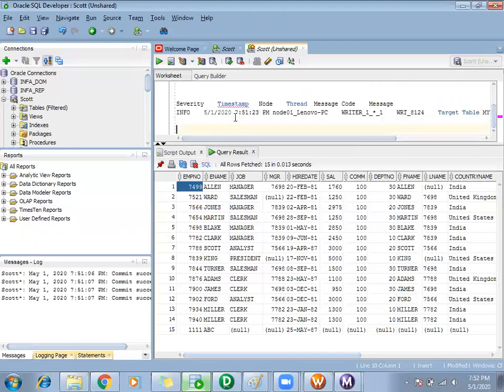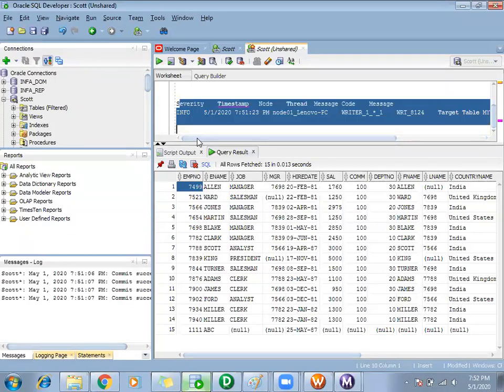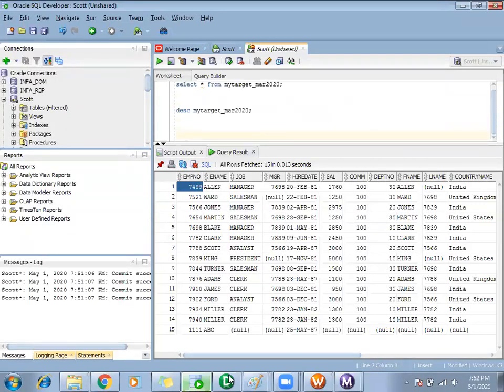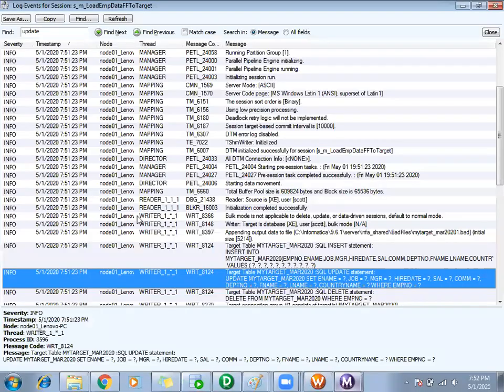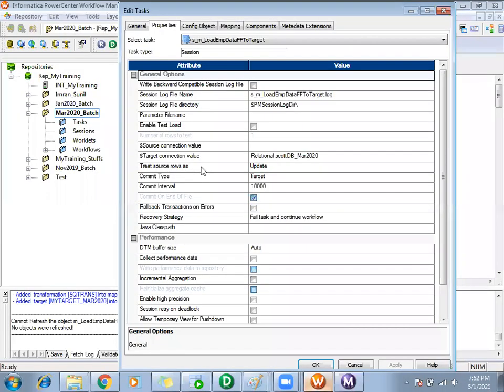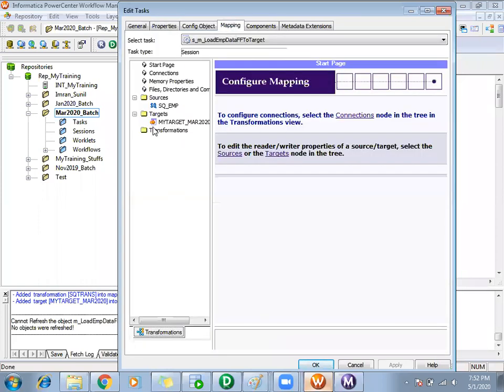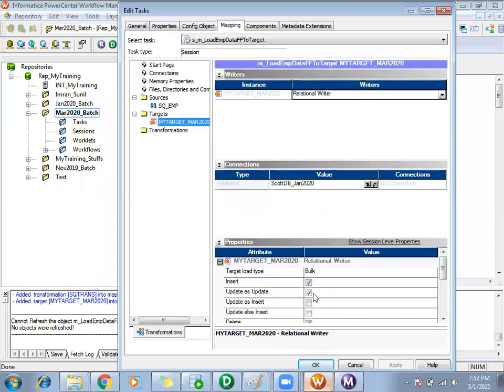Okay, like this, I can use this treat rows as property, and also at the target level, I can select this. First thing is in my properties, I will set the treat rows for insert, update, or delete, and in mapping also, I'll select the specific operation.